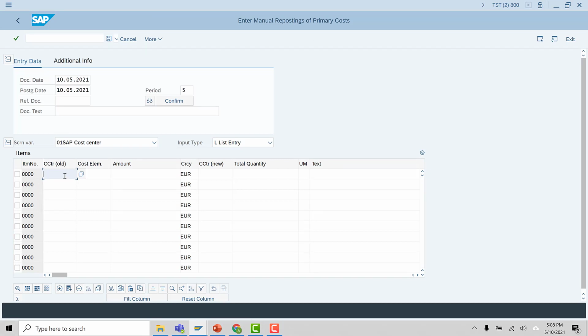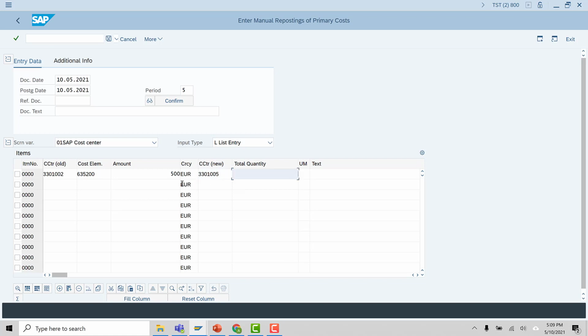Old cost center 3301002, cost element, let's say from 63520, amount we want to remove 500 US dollar, and for the new cost center we take the other, 3301006 or maybe 5.